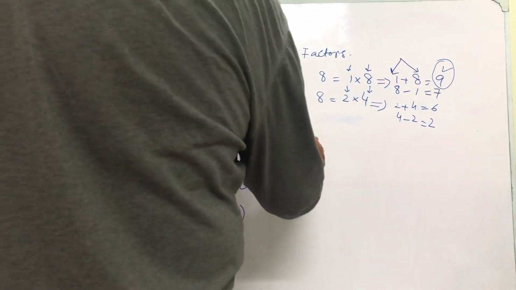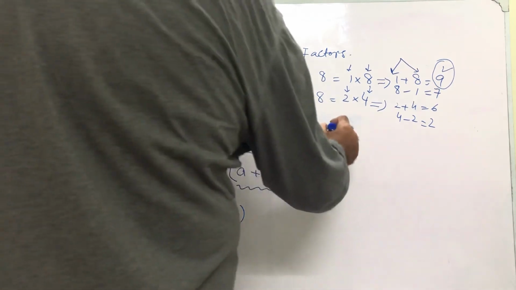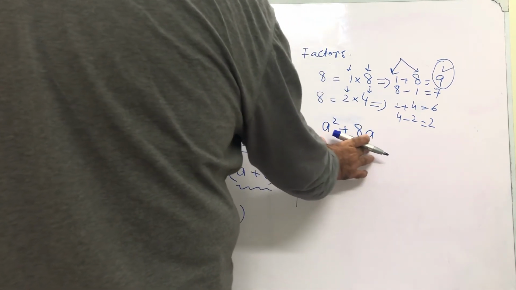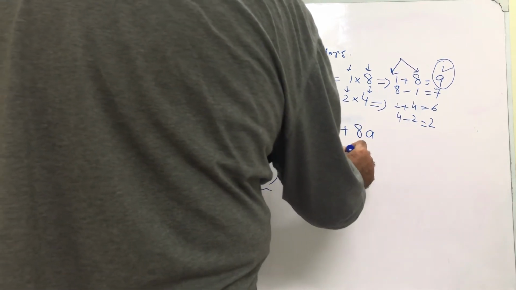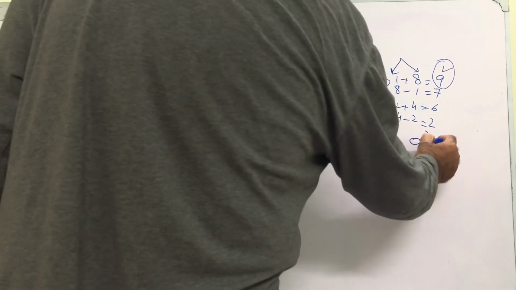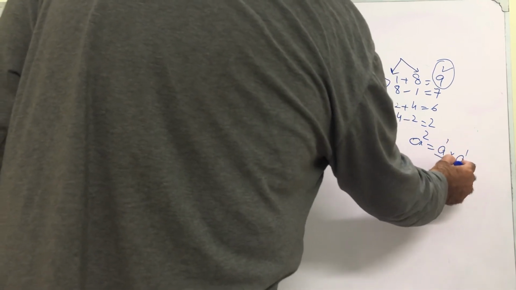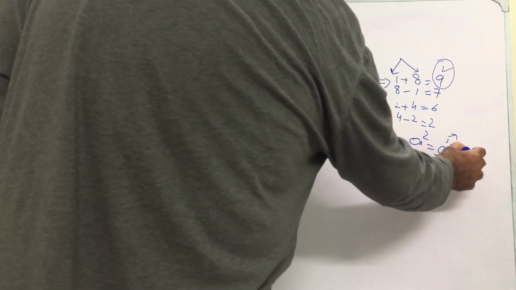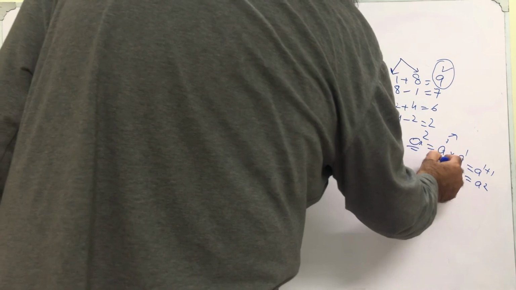Just to remind you of the working, how to take the common. If this is here, we need to take something common. How to take the common? This a square means a into a, and this is 8a. Okay, a square is a into a, it has power 1, it has power 1. This is called the base and this is called the power. When bases are the same, the powers add up, it becomes 1 plus 1, which means a square. So a square can be written as a into a.